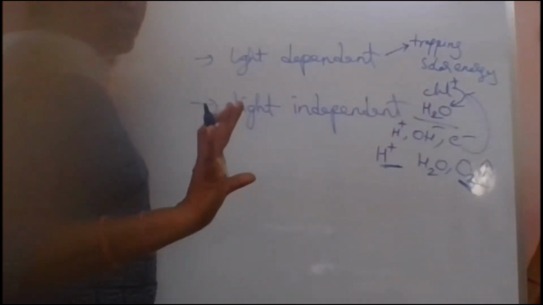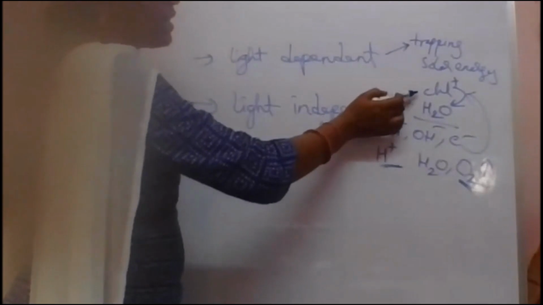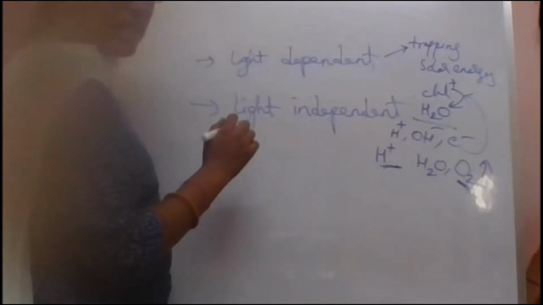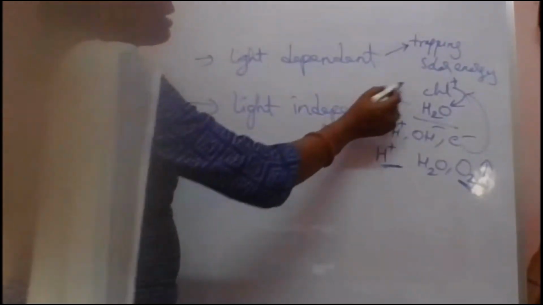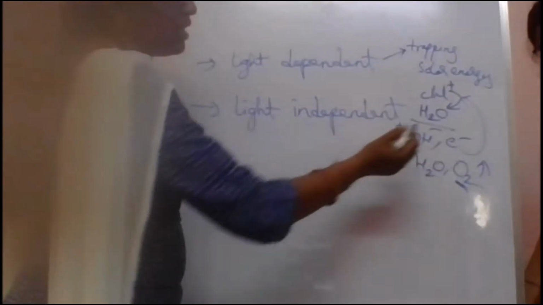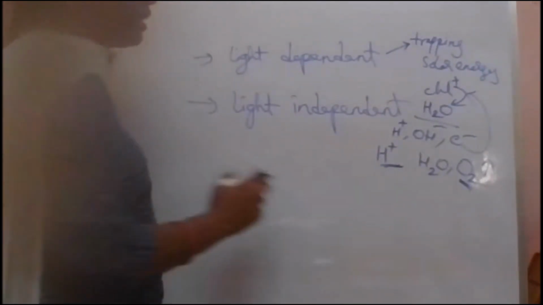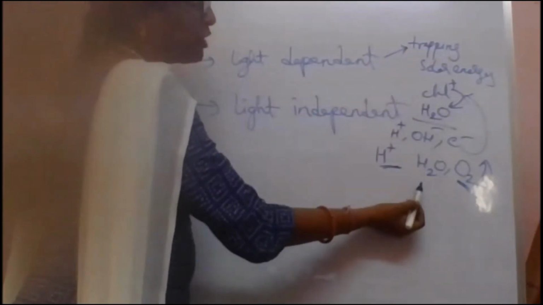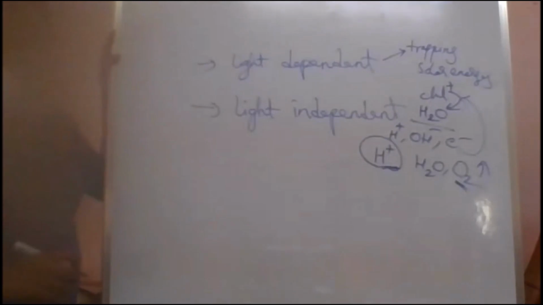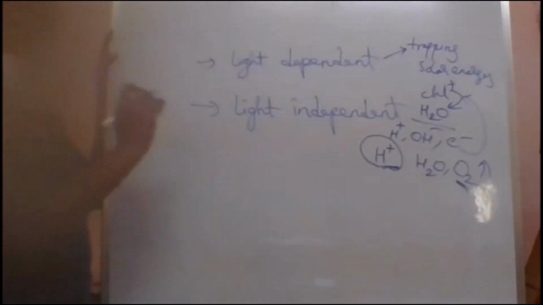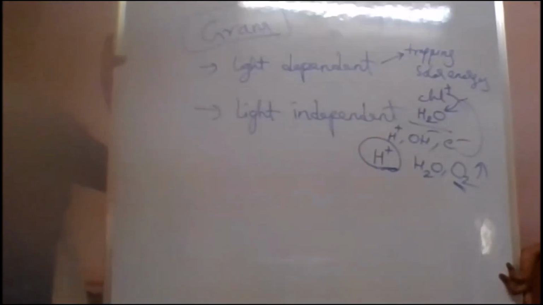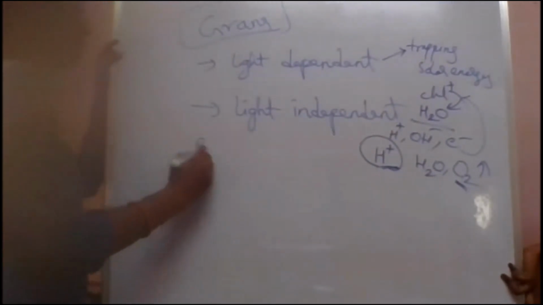Till here, any problem? First thing is trapping solar energy, due to which the chlorophyll gets excited. So it needs an electron, because it has lost the electron and become oxidized. For that purpose, it splits the water molecule. During splitting, you get H plus ions, OH minus ions, and electrons. Electrons are accepted by oxidized chlorophyll. Some of the H plus and OH minus react to form H2O and oxygen. Oxygen is liberated out, and still some H plus ions are present. So where will this light dependent reaction go on? It goes on in the grana of the chloroplast. Now where does the light independent reaction go on? In the stroma.